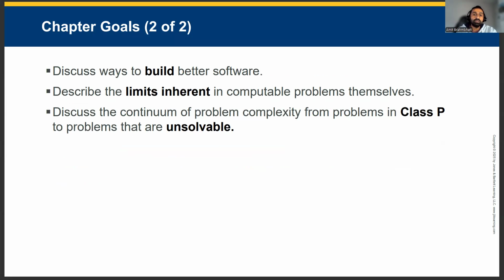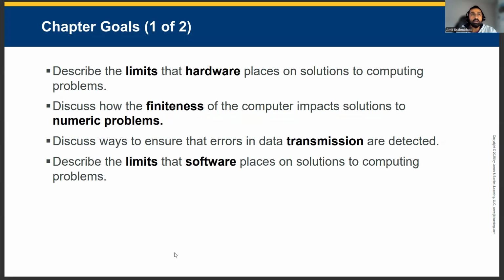In this section, our first set of chapter goals focuses on the ways the hardware and numeric representations are placed. We'll begin by examining how finiteness of a computer storage directly impacts the precision and range of numbers it can represent. This leads to important consequences like round-off errors, overflow, and underflow.